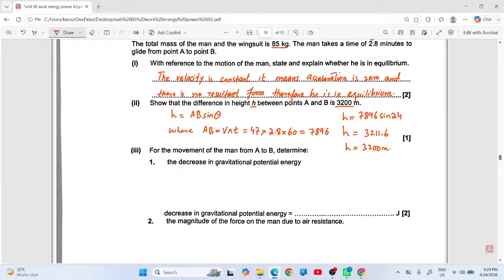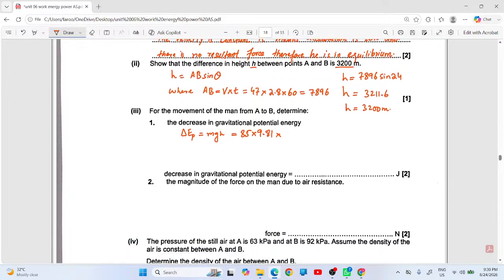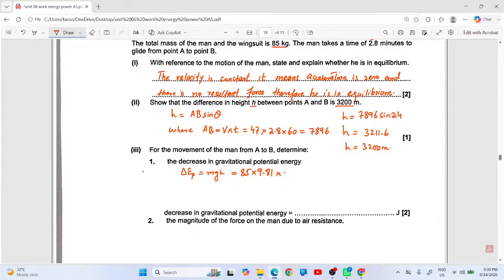Okay. Next: for the movement of the man from A to B, determine the decrease in gravitational potential energy. Gravitational potential energy is basically mgh, where m is the mass, which is 85, into 9.81, into height. Height is 3200 meter. So the decrease or change in potential energy is